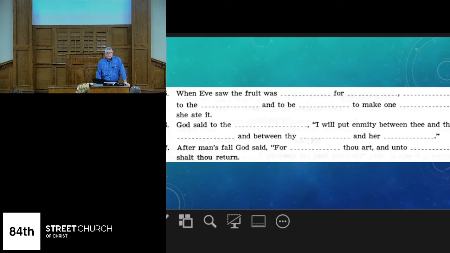He starts off by tempting her knowledge. He asks, has God indeed said, you shall not eat of every tree of the garden? And she responds, you shall not eat, nor shall you touch, unless you die. So he clearly knows that she knows what she can and cannot do. But then he tries to undermine God. It makes her question God when he says, you will not surely die, for God knows that in that day that you eat of it, your eyes will be opened, and you will be like God, knowing good and evil. So he uses some truth mixed with a lie to make her question her beliefs. And then she ends up giving in.